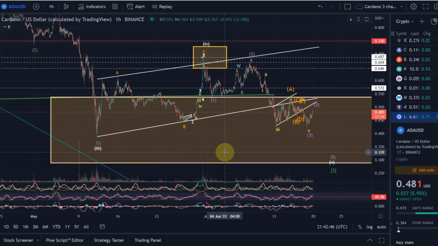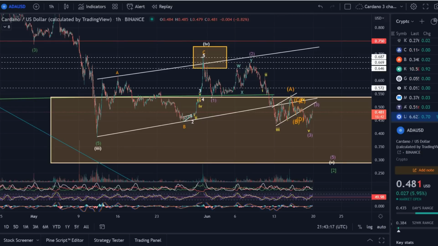So Cardano is also moving up higher, however a little bit weaker than some of the other coins. I'm actually still waiting here for a lower low compared to the one from the 13th or 12th of May. So we came down in that wave 3 on the 12th of May. We moved up in a wave 4, an ABC pattern. Then we started this impulsive move down, or at least what I currently still believe is an impulsive move down.